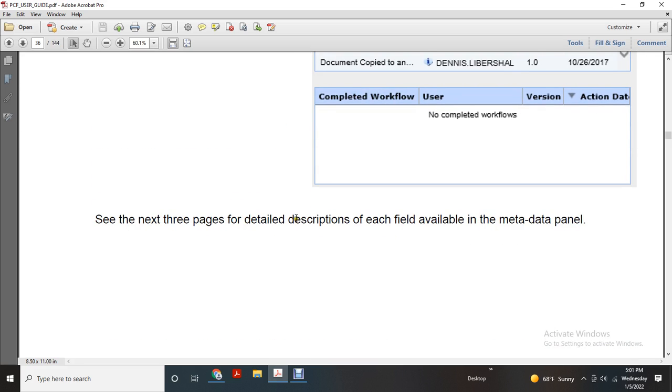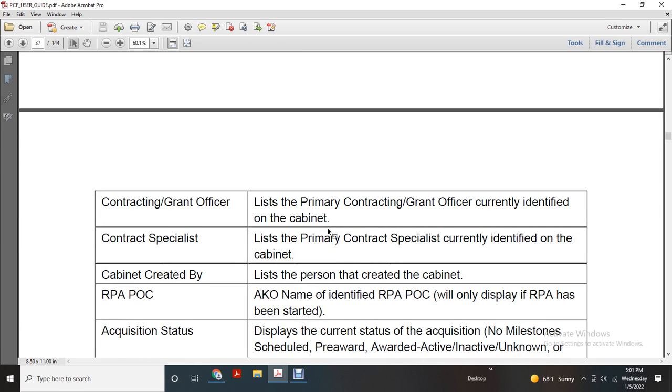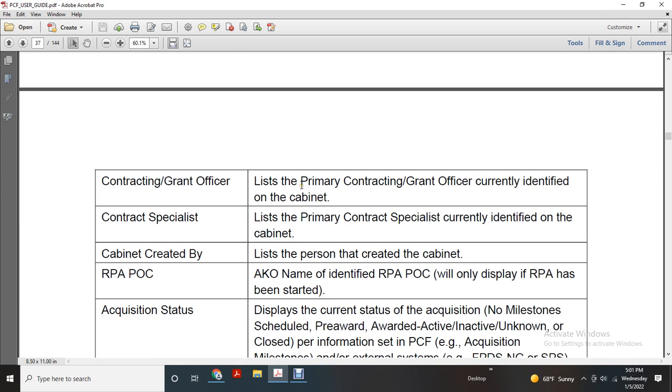See the next three pages for the detailed description of each of the fields available in the metadata panel. Cabinet information, metadata panel, object description: cabinet access is the role of the user within the cabinet. Contracting officer lists the primary contracting officer currently identified with the cabinet. Contract specialist lists the primary contract specialist currently identified with the cabinet. Cabinet created by lists the person who created the cabinet. The RPA point of contact, AKO name, is identified with the request for